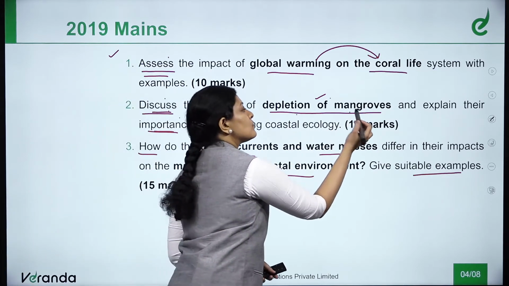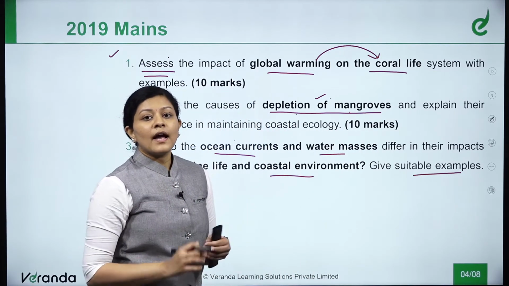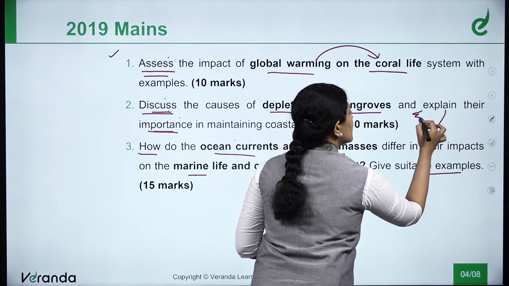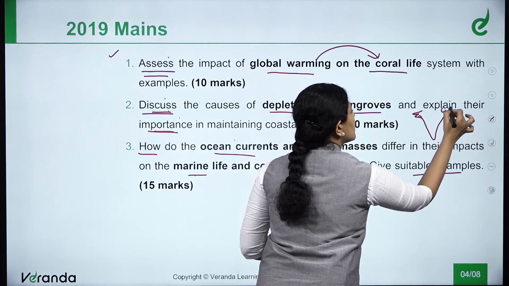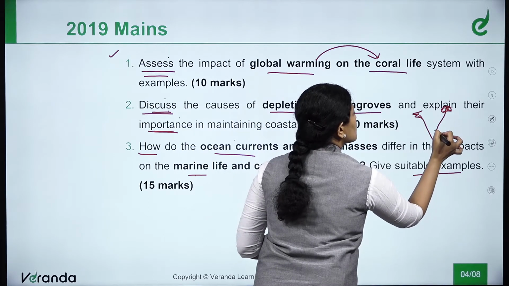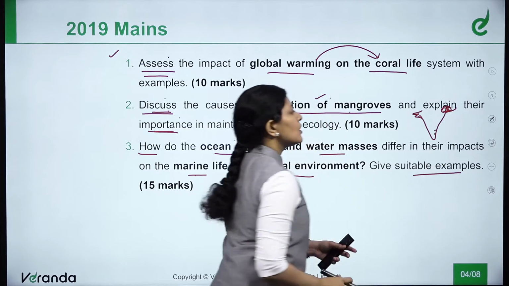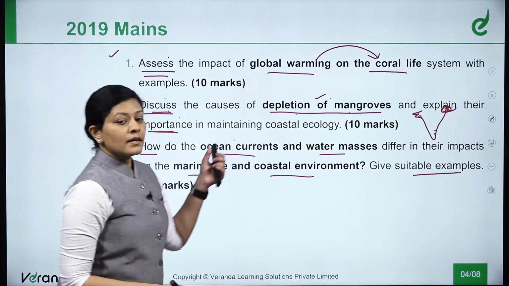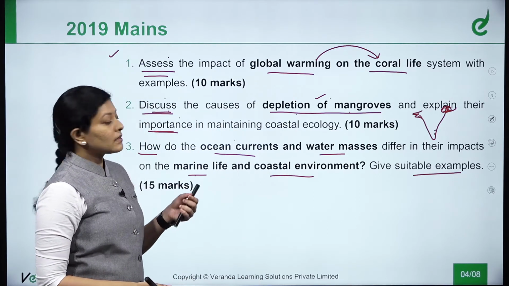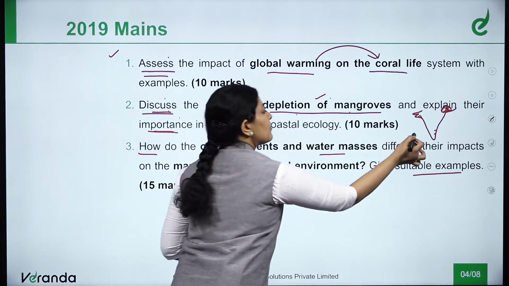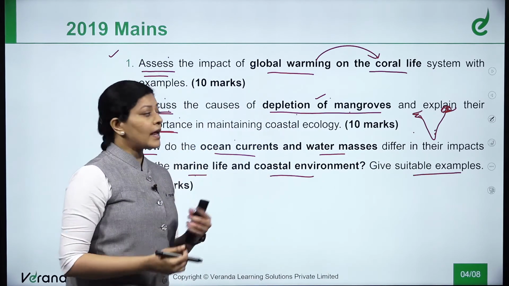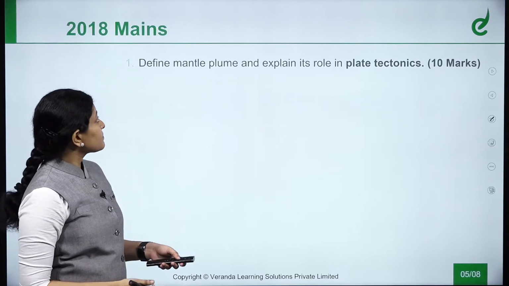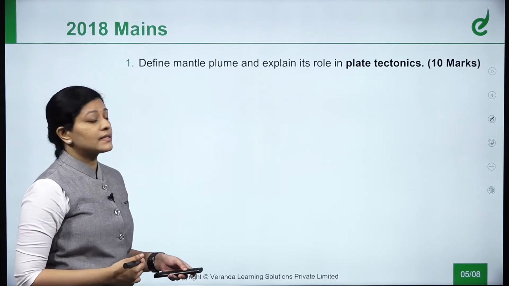Say for example, mangroves. You can draw a rough diagram of India and show the distribution of mangroves. For example, say this is India, mangroves over here, Sundarban mangroves are over here, and small amount of mangroves are over here. So you could say what are the distribution of mangrove vegetation, and you can say what are the causes of depletion. So that's how you could include a diagram in your question, and so enhance the value to your answers. So next we shall get into the 2018 mains questions,